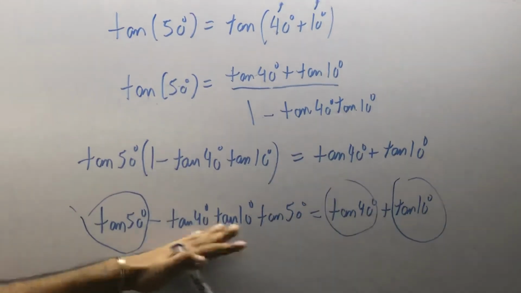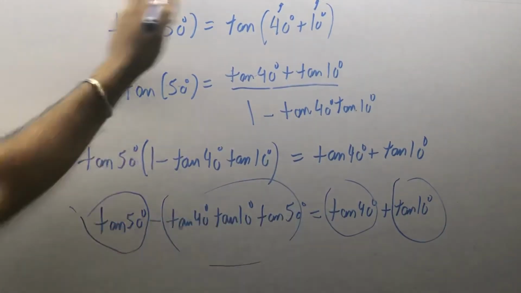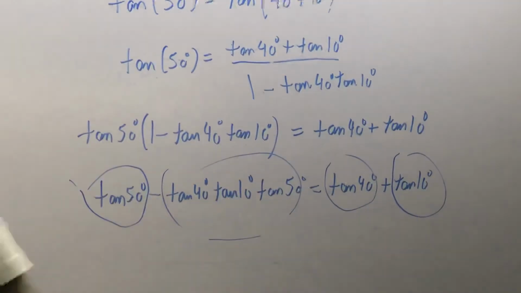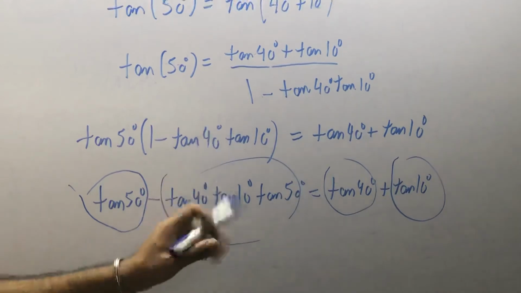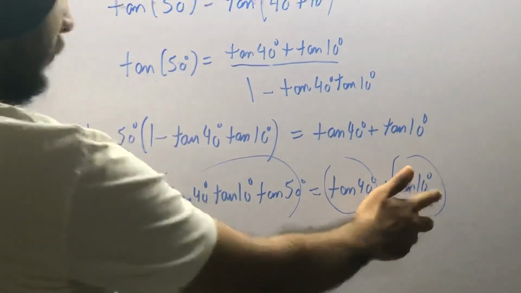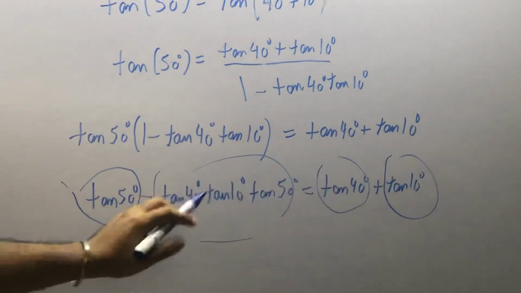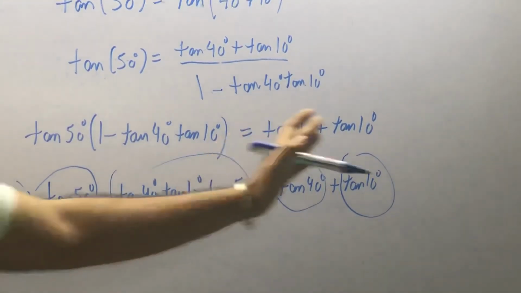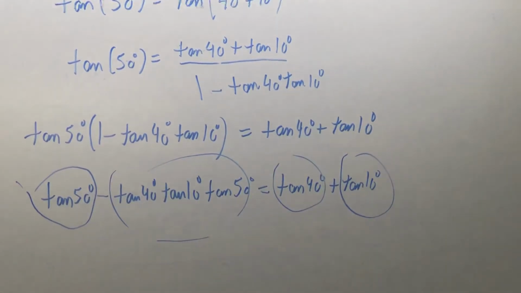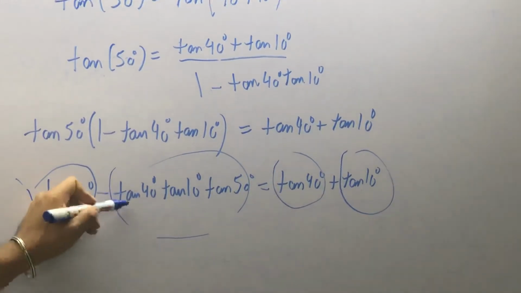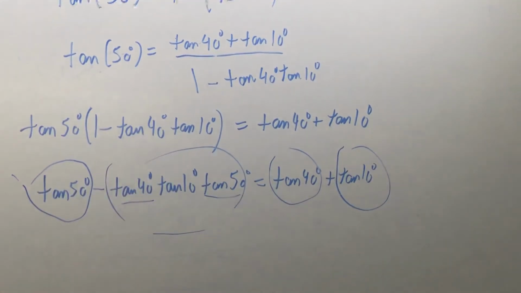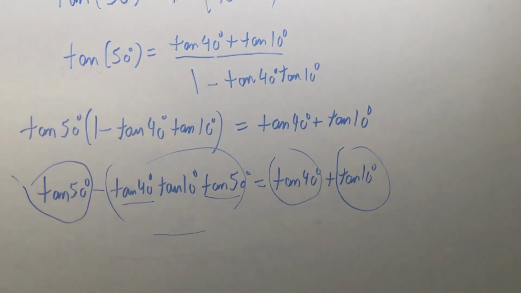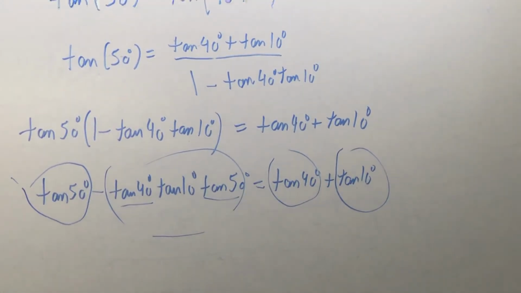And does this term exist here? No. So somehow I have to do a trick with this term so that it can be eliminated, so that I get 1, 2, 3 and a 2 here. See, now look carefully, this is tan 10 and this is also tan 10. If you can somehow add this to this one, it will become 2 tan 10. For this you have to eliminate tan 40 and tan 50 somehow, then only you can add tan 10 to tan 10. So how will you eliminate it?